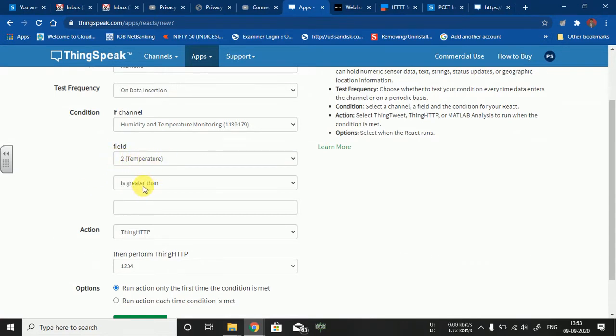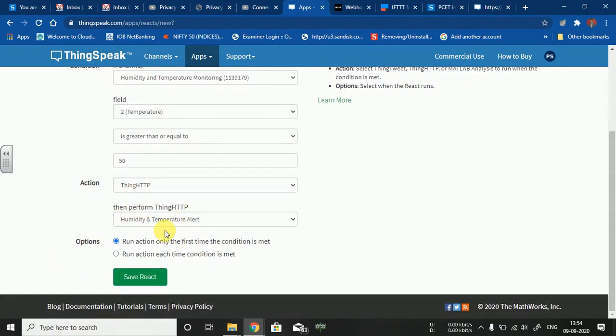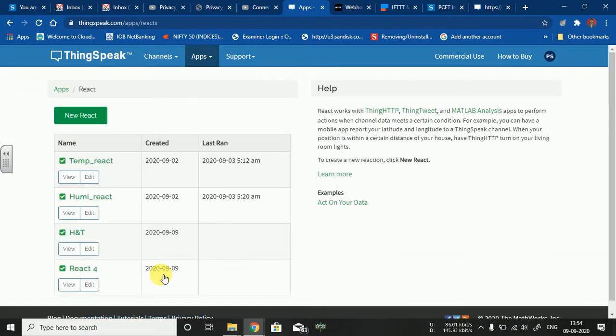If your temperature is greater than or equal to 30, or suppose 50, I am taking 50, then you need to select the ThingHTTP event as humidity and temperature alert, and you need to select the option run action each time the condition is met. Click on save. Now these two React apps are generated.